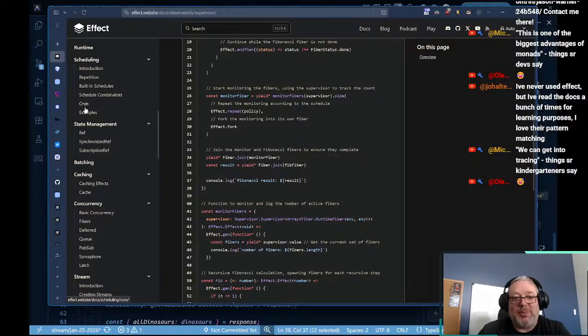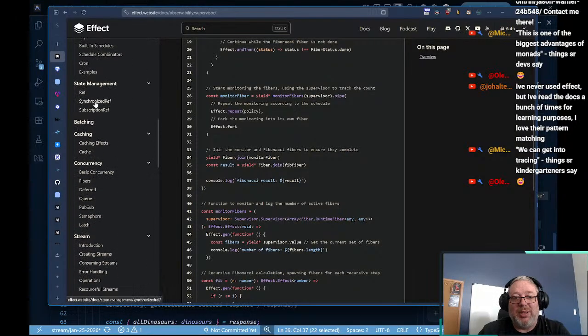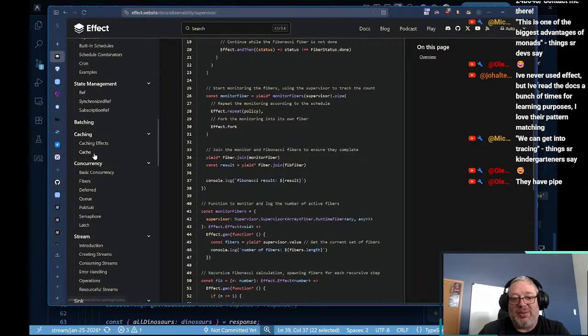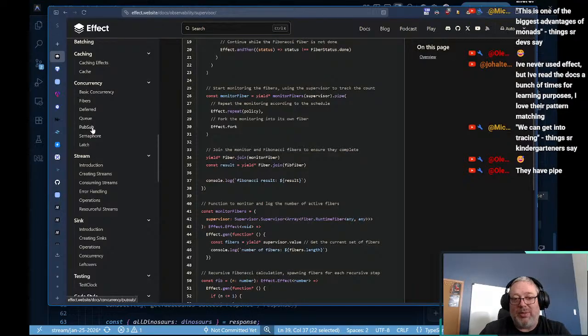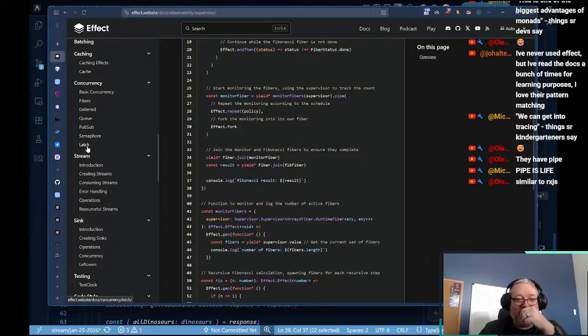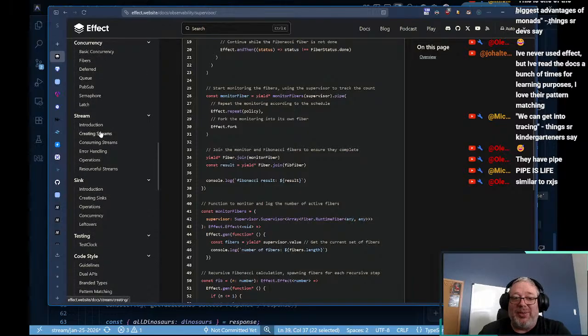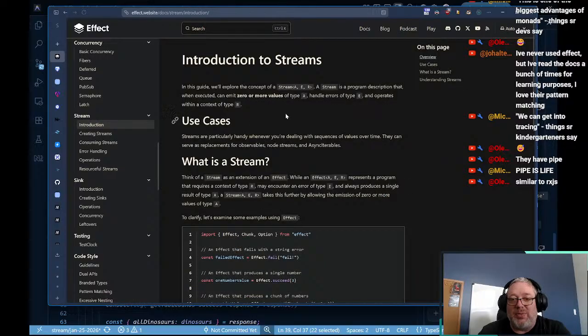Scheduling, schedule combination, state management. So there's a lot here. Caching, concurrency. This is where we're getting into. Concurrency, they're calling them fibers, but we've even got pub sub, semaphore, and latches. We've got the notion of queues. This library has a lot. The notion of streams,